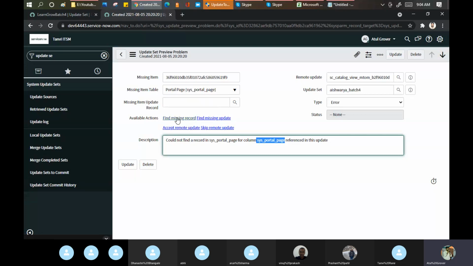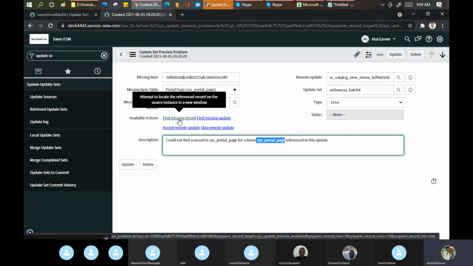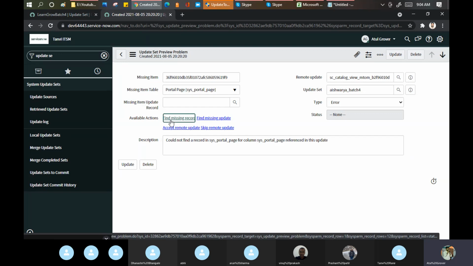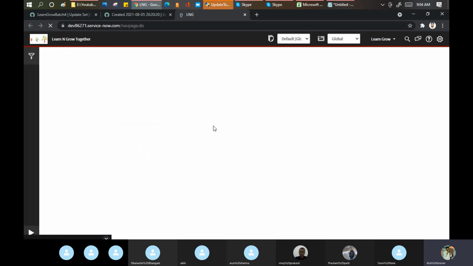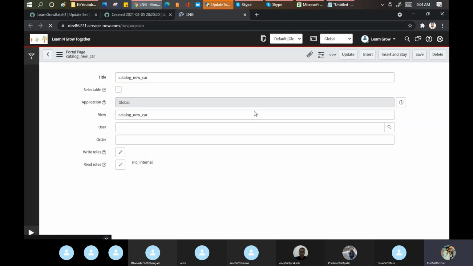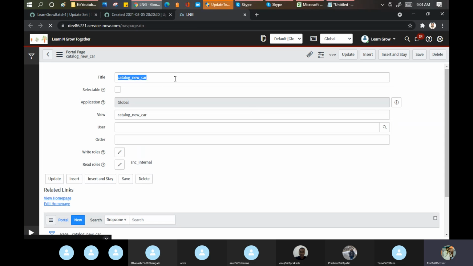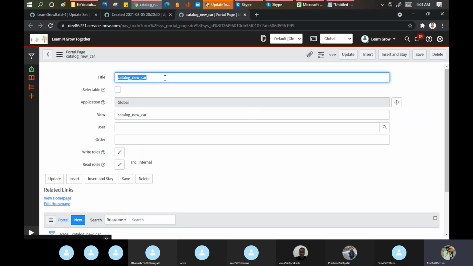Now, if I come here, the same four options are here. What does the service now say? Find the missing record. What is missing? If I click on this, let me open another window. It's saying find the missing record. Go into the previous one and find what is missing here, which is not migrated. So she created something like this new catalog, all these things.